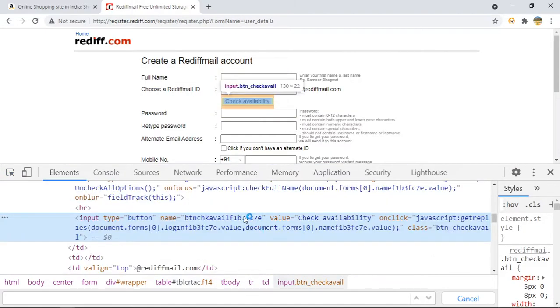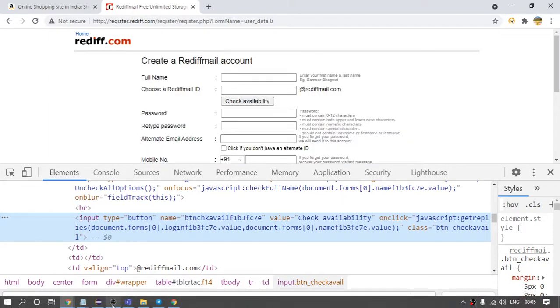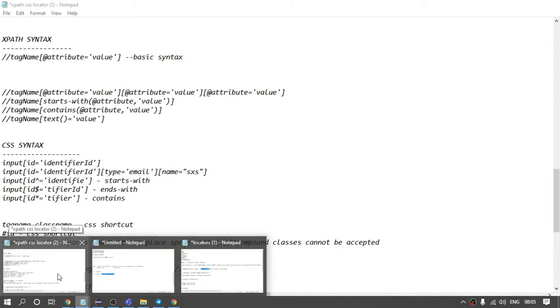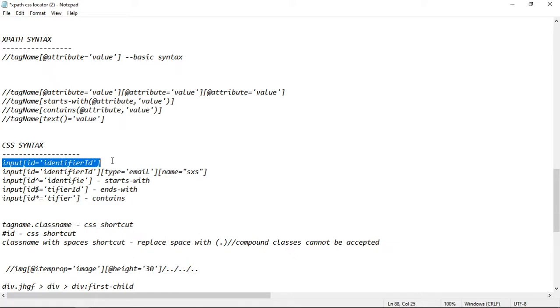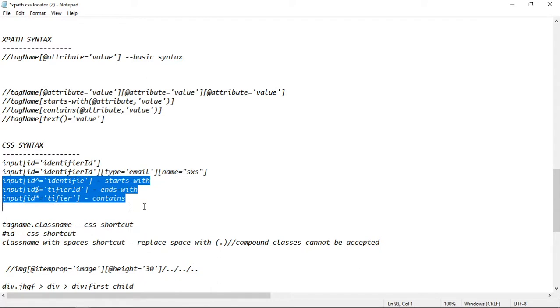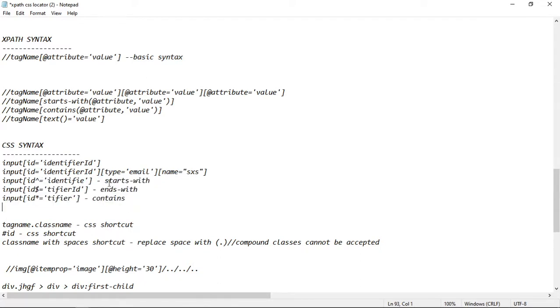So in the XPath, we have already seen starts with and contains, right? So if I am writing the CSS and I encounter any such attribute whose value is changing, in XPath they have provided some functions. You can see this one. The basic syntax of XPath concatenation we have done. So what are these three? Basically this syntax is saying the tag name is input, the attribute is ID, and find that ID whose name is starting with this one.